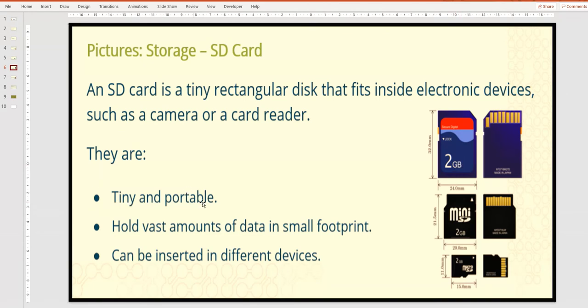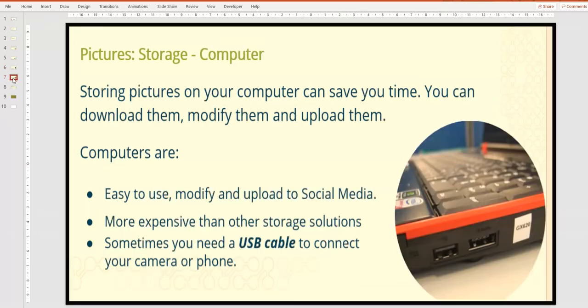So they are tiny and portable. Yes, you can take anywhere with you, hold vast amounts of data in small footprints, can be inserted in different devices. You can insert into your computer or into your camera, and they can hold, means much amount of data. So this is the example of SD card.